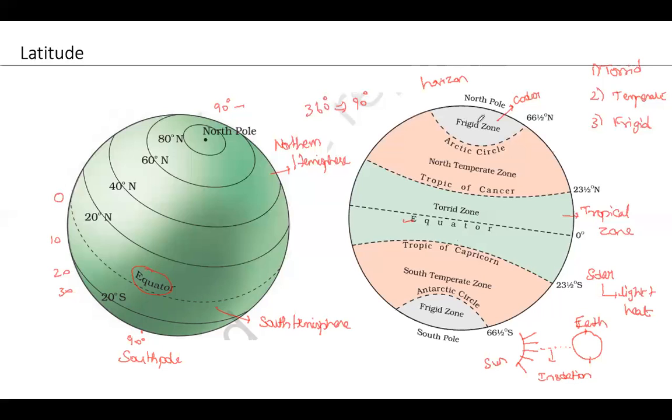Okay, so this place will be very cold, so we call it a frigid zone. And this temperate region, the north temperate zone and south temperate zone, will not receive the sun exactly overhead at any point of time, whereas at the equator, at least once a year, any part of the latitude will receive the sun exactly above the head. So these are the three zones present in the latitude part, and this one is the tropic of Cancer and tropic of Capricorn. About this 23° and 66°, I will explain it in a later slide.